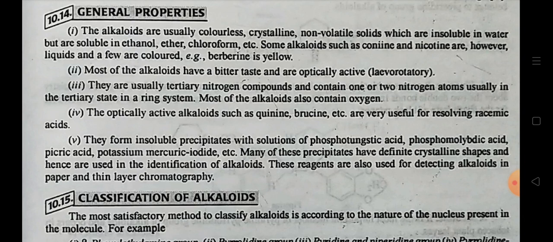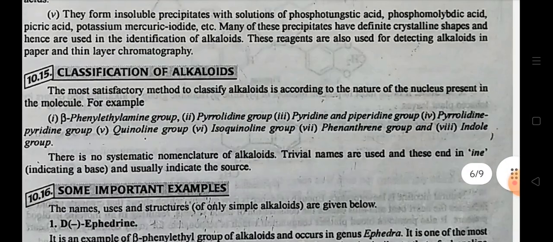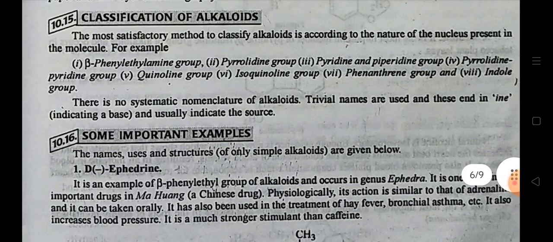These reagents are also used for detecting alkaloids in paper and thin layer chromatography. Classification of alkaloids. The most satisfactory method to classify alkaloids is according to the nature of the nucleus present in